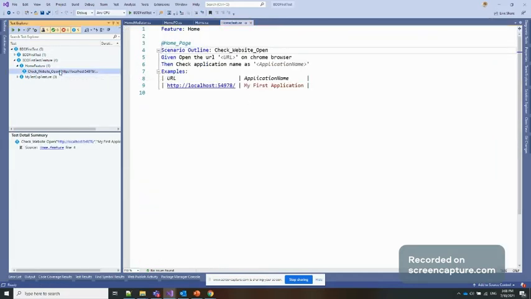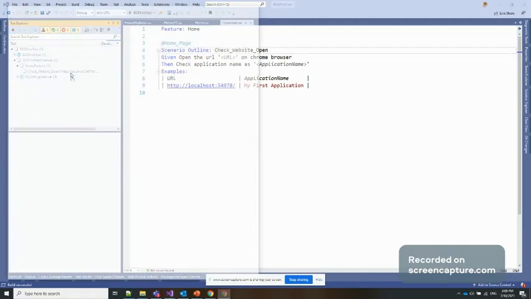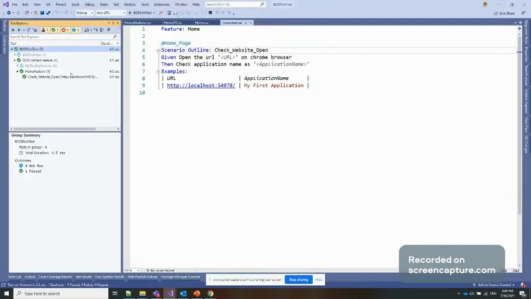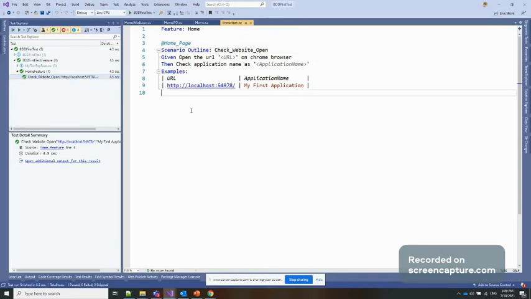Now we just right click on this one and run. We'll see whether it passes or fails. First we are expecting it to open the URL in the browser. Yes, it opened. Now you can see it is very fast, so it's coming in milliseconds. You can see the status here, it is pass, and it took only 4.5 seconds. This way we can identify things.